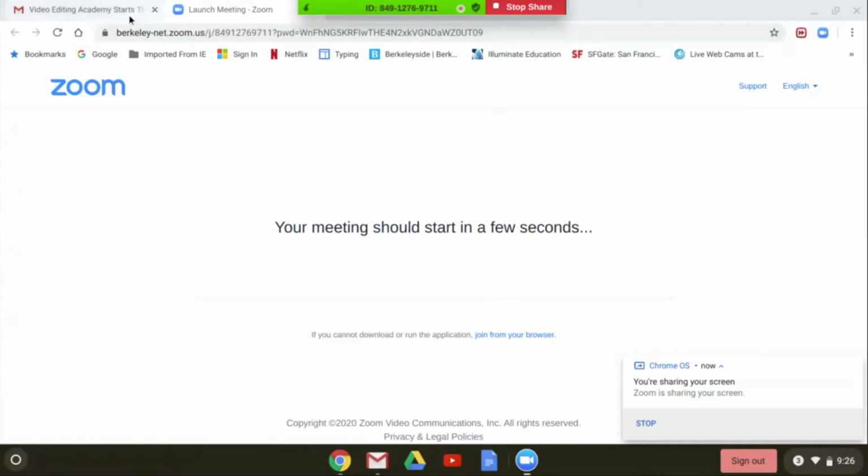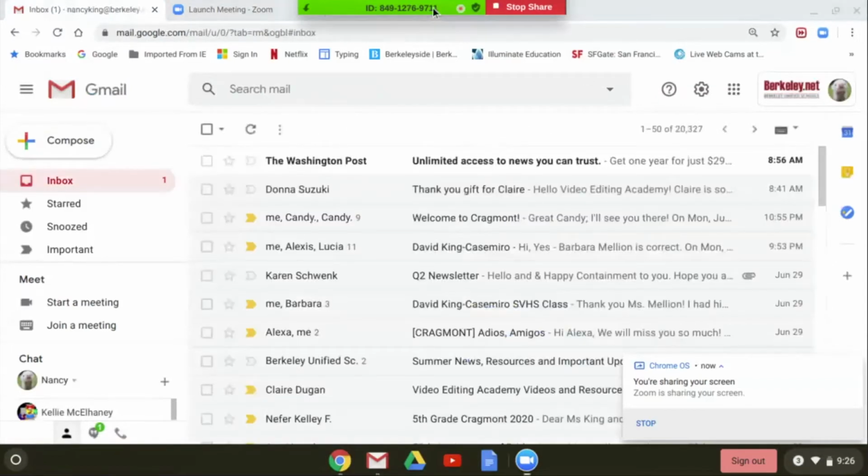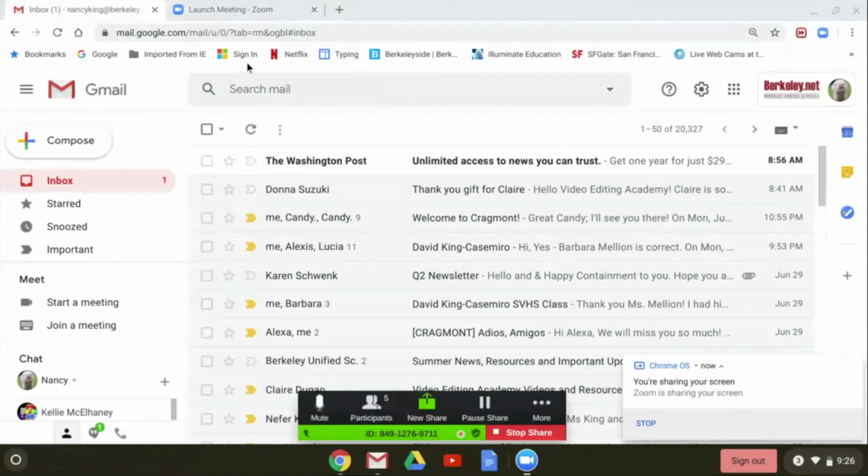You can drag that green thing out of the way if it's blocking what you need. Okay, it's totally blocking. You can just drag it to another location. Put it at the bottom of the screen. Drag it by the green, not the red. Okay, it's not dragging. Oh, there it goes. Yay. All right, I dragged it. Okay, so now,